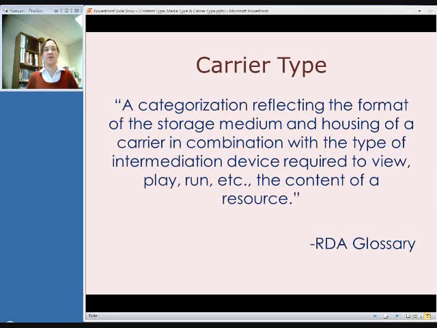And the last one of these elements that we're looking at with RDA is the carrier type. And this gets even more specific, and it's defined as a categorization reflecting the format of the storage medium and the housing of a carrier, in combination with the type of intermediation device required to view, play, run, etc., the content of a resource. So it's just getting more specific when it comes to talking about the physical type of item you're working with. This is where you get to distinguish between cassette tapes and discs, things like that.